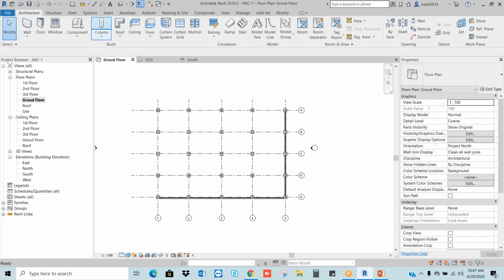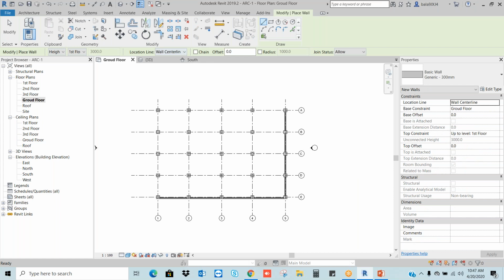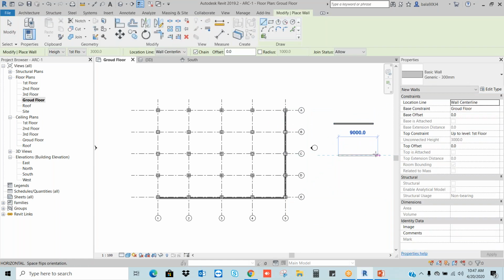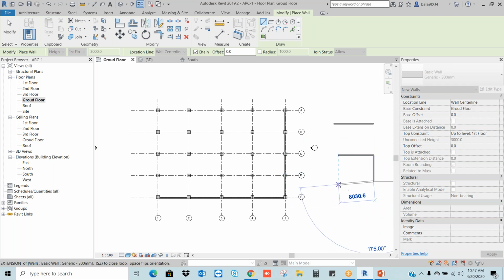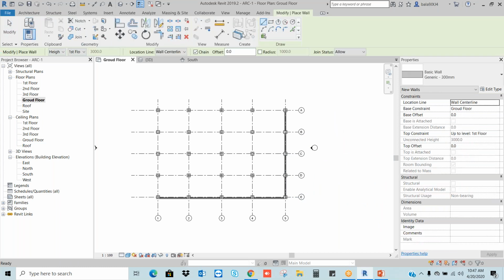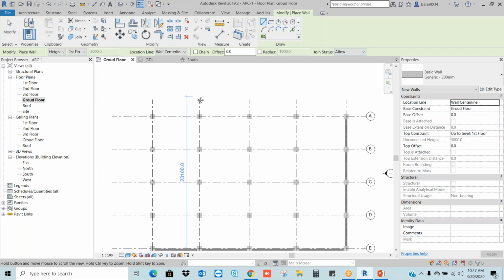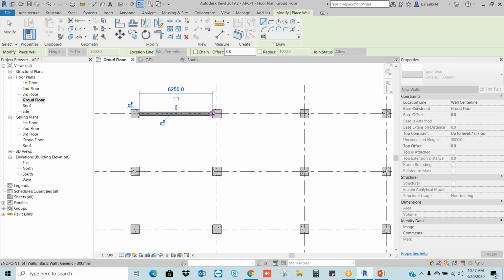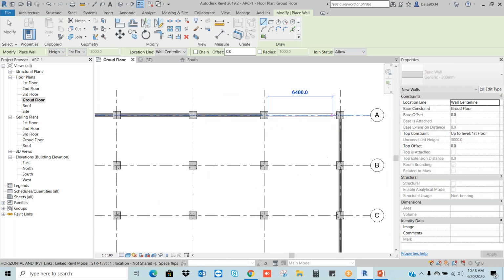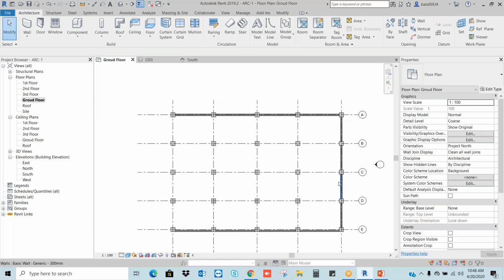So I will show the difference here. Wall, okay, without chain. First point, second point, getting disappear, right? Okay, now again wall, line with the chain. See, I'm getting continuous. Observe the difference. Okay, so now I will go to the wall. Okay, I remove the chain. First point, second point, first point, second point, first point, second point, first point, second point.